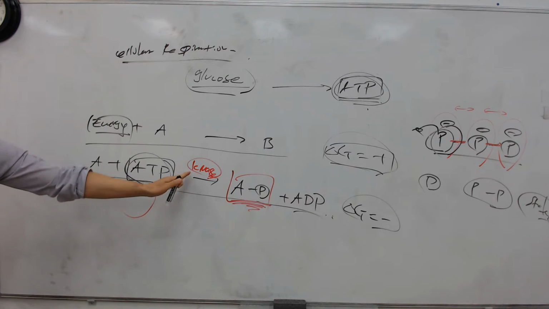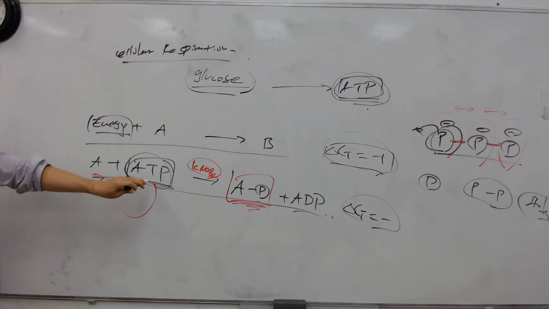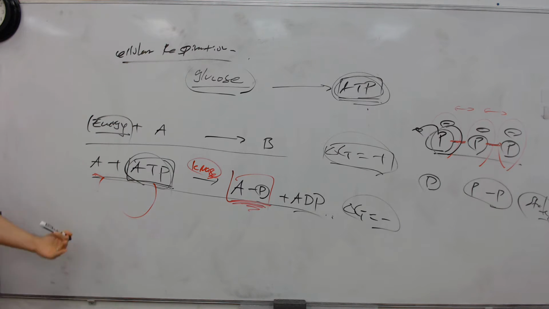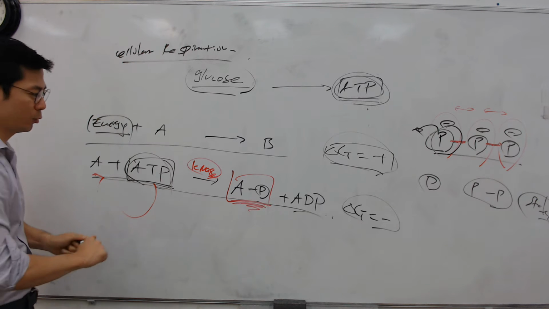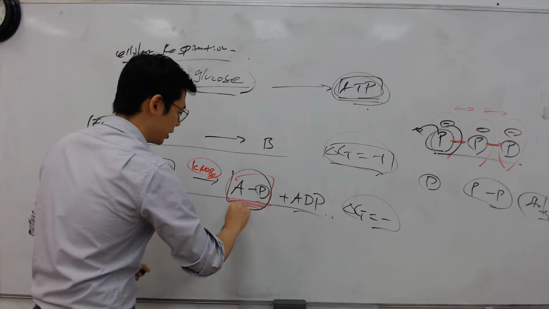It's a kinase, right? So what happens, guys? They take the phosphate group out and put it into what, guys? One of the substrates, right? So what happens, guys? There's an enzyme that does it. You have to know that, guys. At least the term kinase here, and this becomes what?